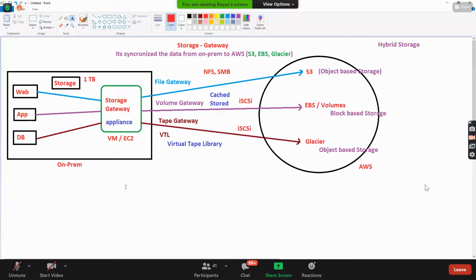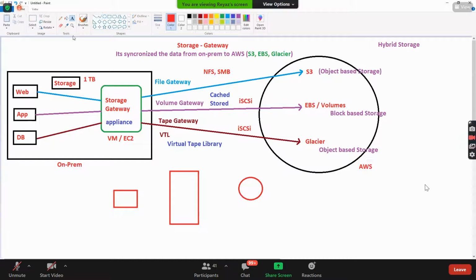So now I will set up one. I'll create one EC2 instance, set up a storage gateway, and create a bucket. Let's take an example of file gateway.